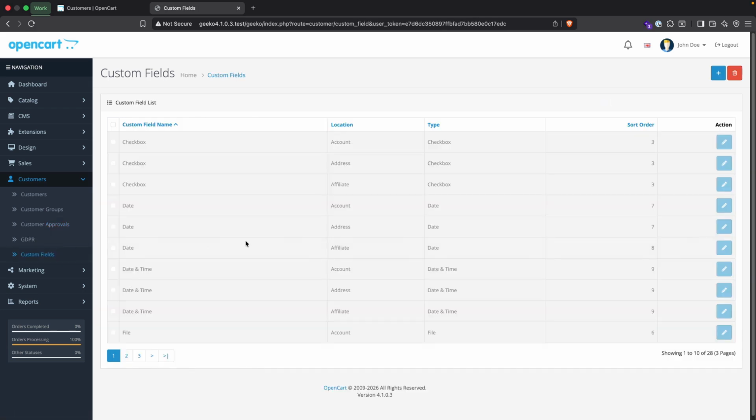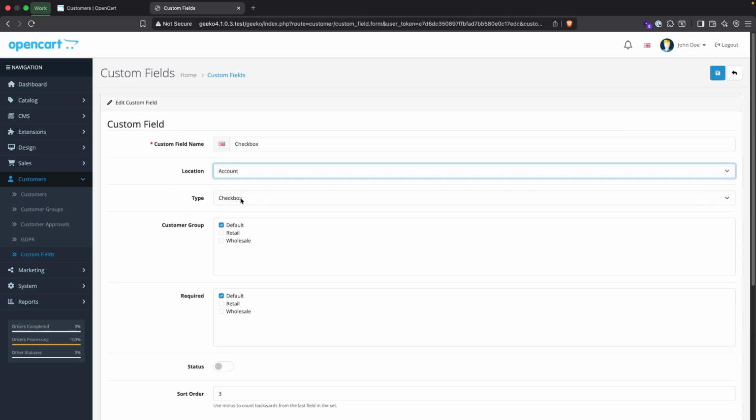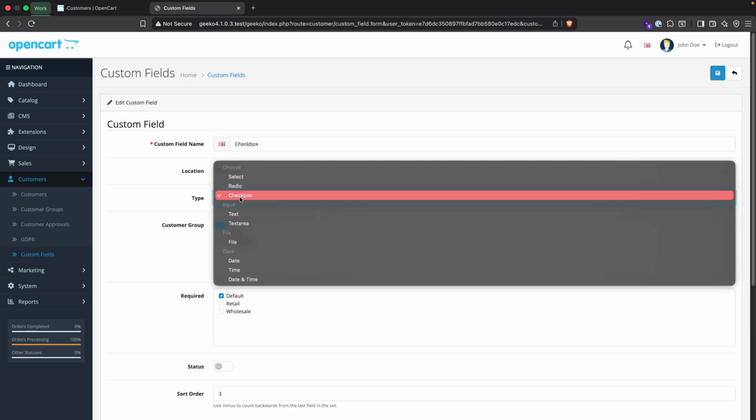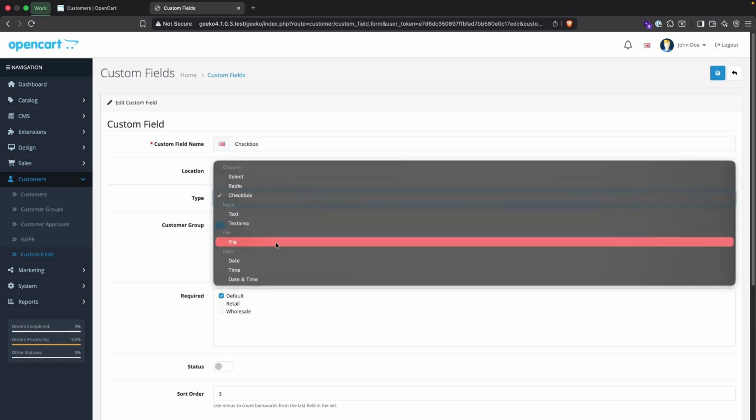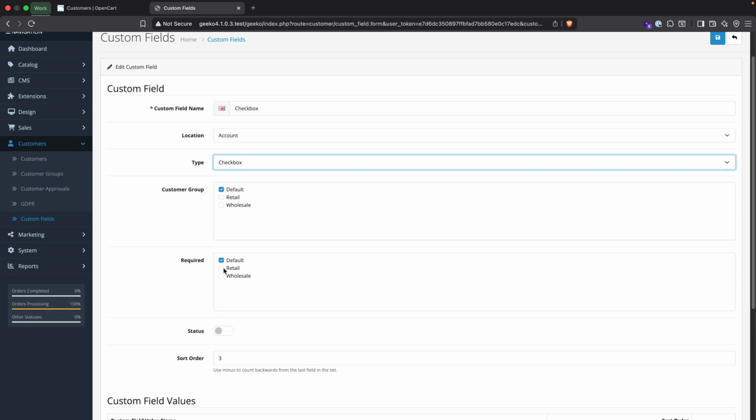We also have custom fields, where if you need extra data, for example, a tax ID or a date of birth, you can use custom fields to decide if this information appears, for instance, in the account or address section, what type of field you can use. You can use everything from select menus, check boxes, text fields, to files you need to attach, be it a photo of a passport or a document. This custom field can be assigned to any customer group you have registered in the store. You can set it to be required or optional for all users, as well as the sort order in which